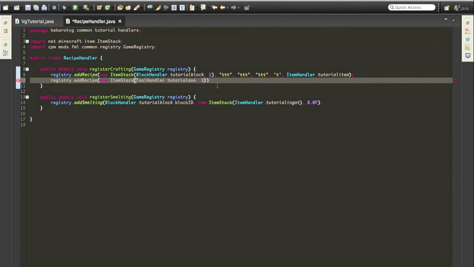What this number represents is how many of it you want it to give you after you craft it. So I'm just going to do 1, comma,